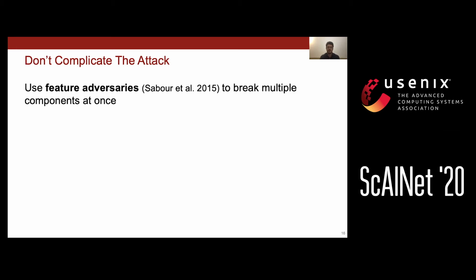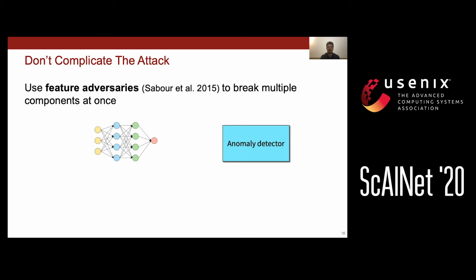So a specific technique that we used in some of our attacks, and I'll talk about in a bit more detail, are so-called feature adversaries. This is just a really simple and cool attack technique that I think more people should know about. So let's see an example of how to break a classifier that's augmented with some kind of anomaly detector. We start with a normal picture of guacamole. The model will classify this correctly, and the anomaly detector will look at some internal features of the model and say that the input is okay.